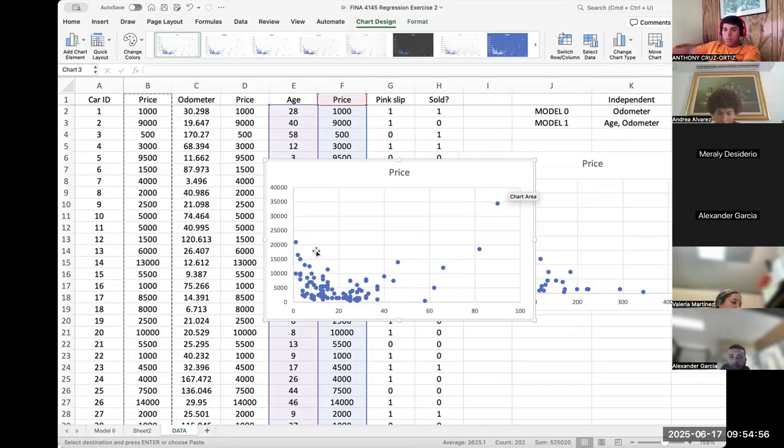So what does this say? This says initially, the older the car, the lower the price. But after a certain age, the older the car, the higher the price. So these are cars that have been maintained, probably as classic cars, and they're good quality cars, and they have a value because they are classic cars, vintage cars. Look at this. This is a 90-year-old car over here. All right.